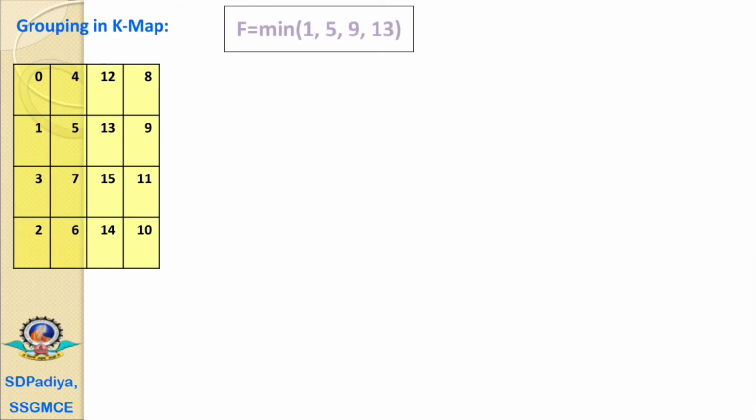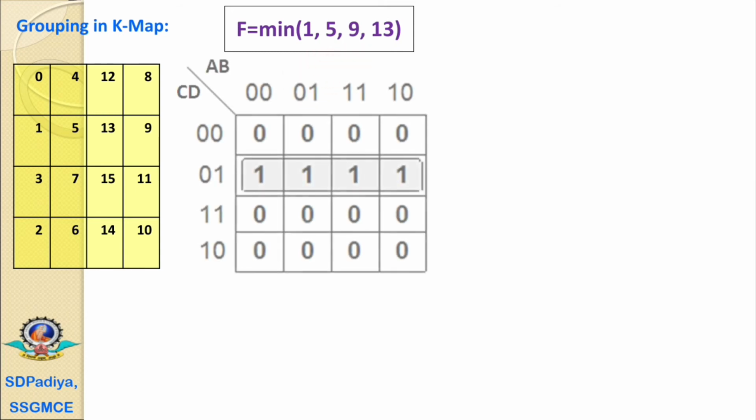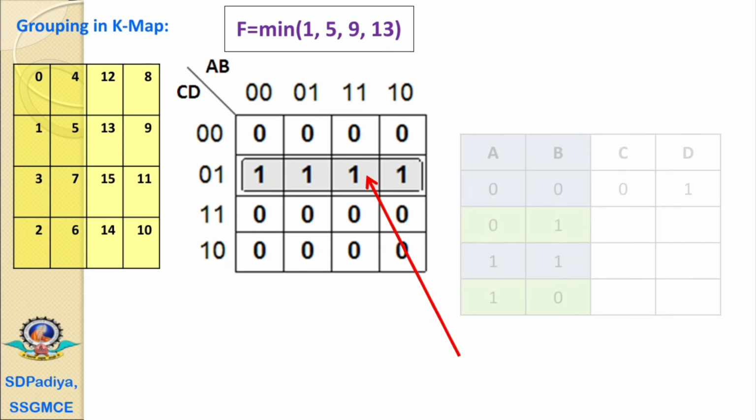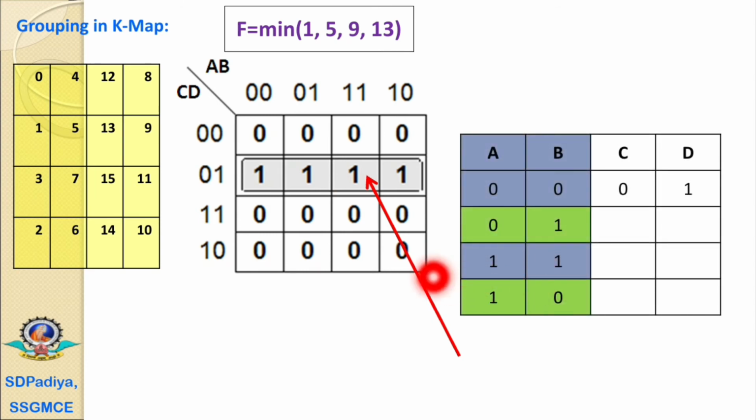Now the next is a function 1 5 9 13. We have constructed the truth table, this K map. In this K map, as per the values for the designation 1 5 13 and 9, we have entered 1 1 1 1. Now we can construct this group. This group of four is not a square, we cannot check the diagonal elements, therefore for a and b we can consider the zeros.